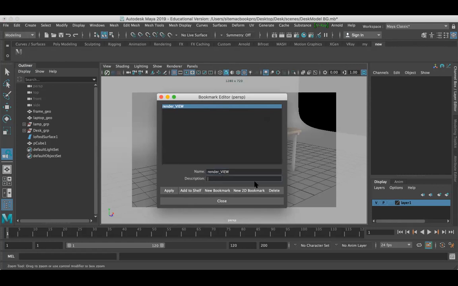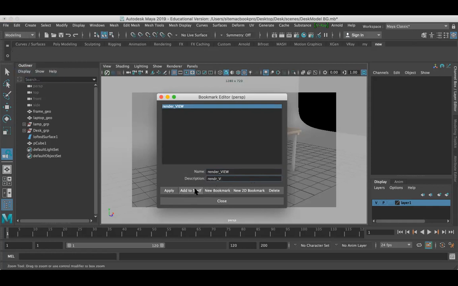So maybe you can add a description, render. Guys, why I'm working with the short, because I won't get the proper names here. So now I'm going to delete this, right click and delete.